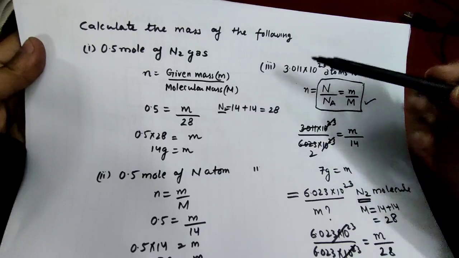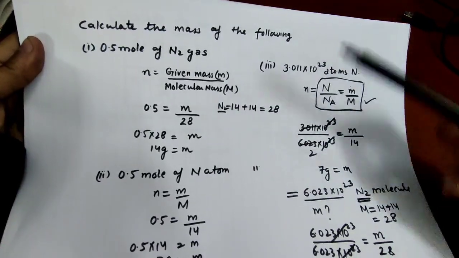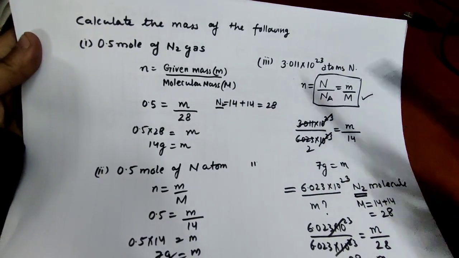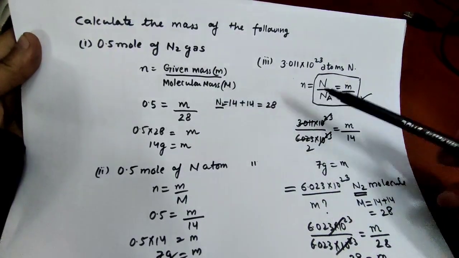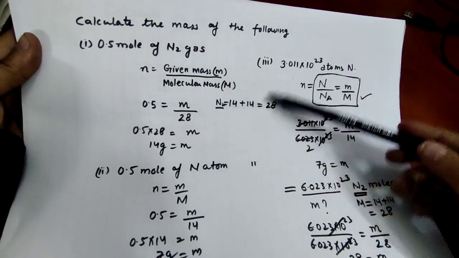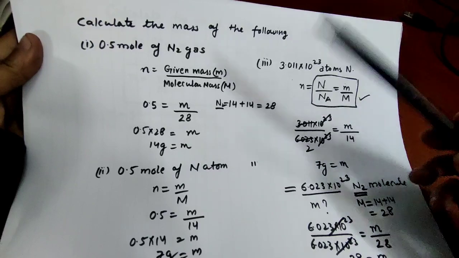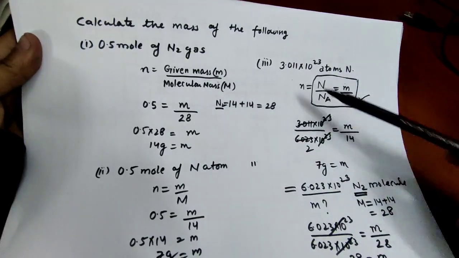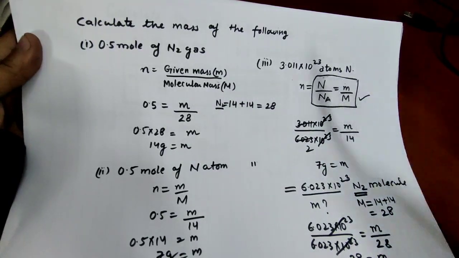So in this question there are 4 parts. In each case we have to calculate the small m, and we have to use either this formula or this, depending upon the situation what is given to you in the question. And equating these two formulas we get the third formula, this one.